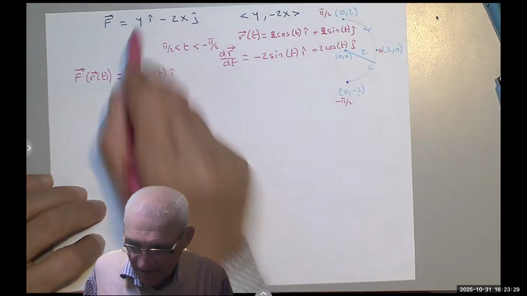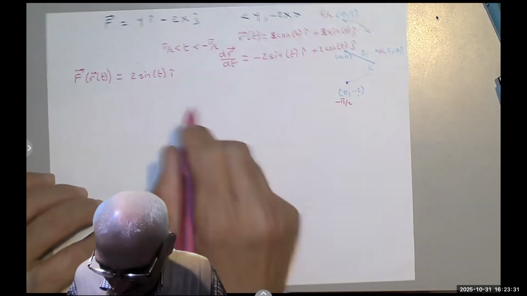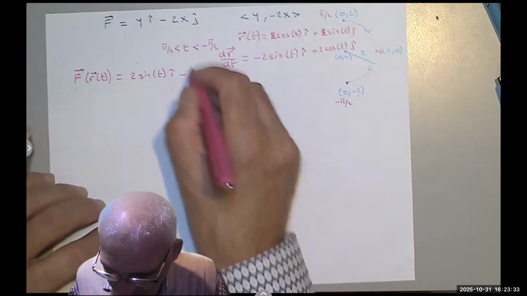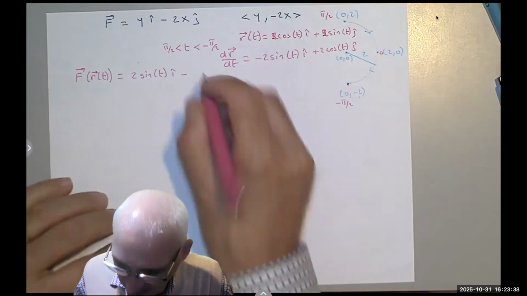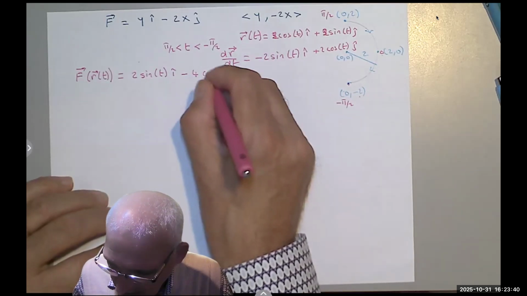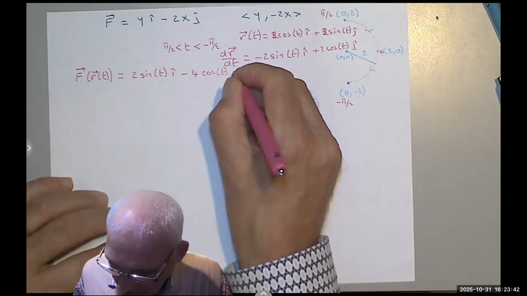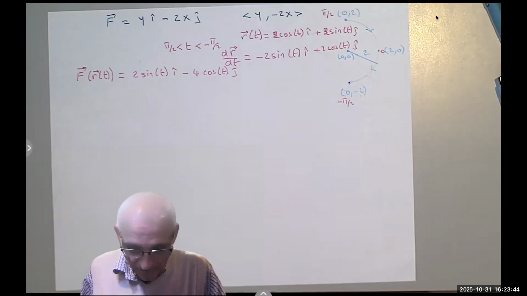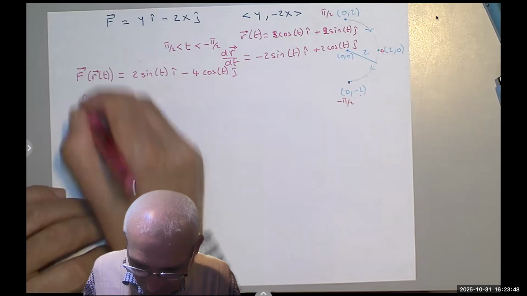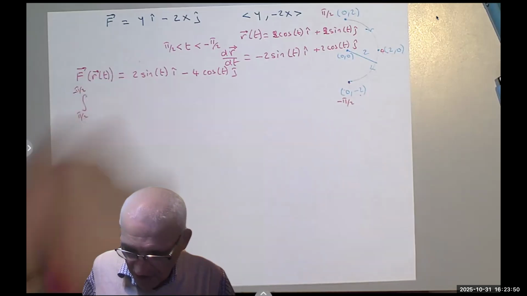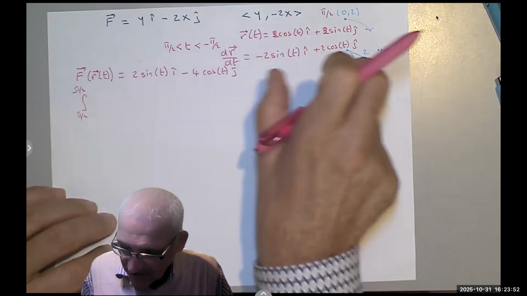Notice it's i. I don't try 2 sine t j, minus 2 times x. But x is already 2, so I get minus 4 cos t j. Finally, I'm going to take the integral from pi over 2 to negative pi over 2 of f dot dr